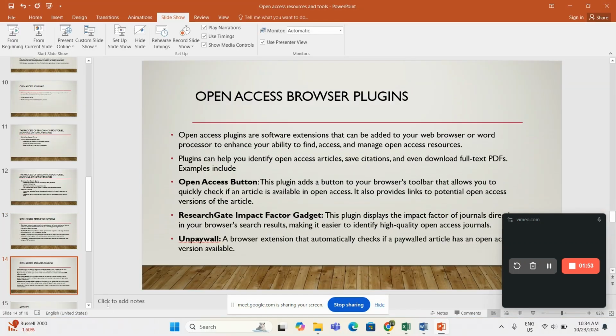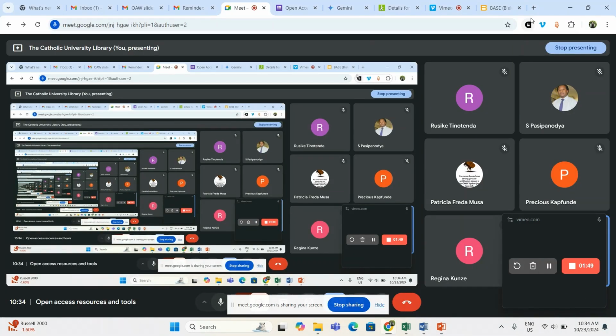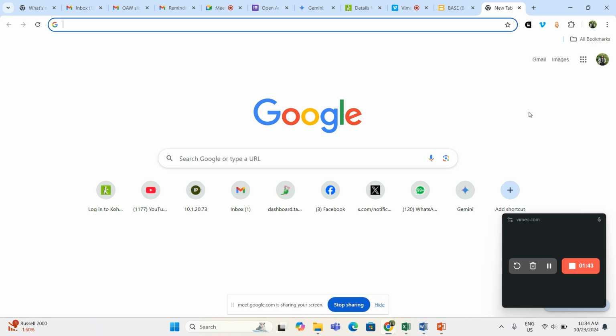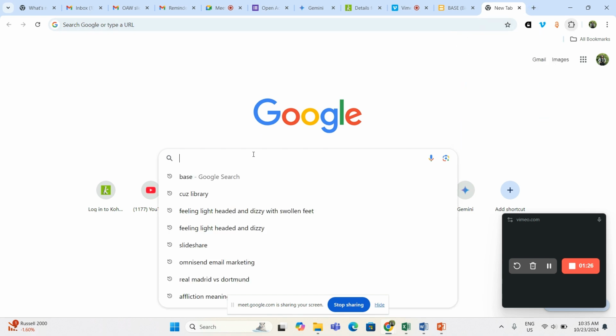So let me just try to demonstrate on these. If you can see on my screen, on my extensions, there is the open access button, there is Unpaywall. This means I've already downloaded this. So for you to get these, you just go on your browser and type